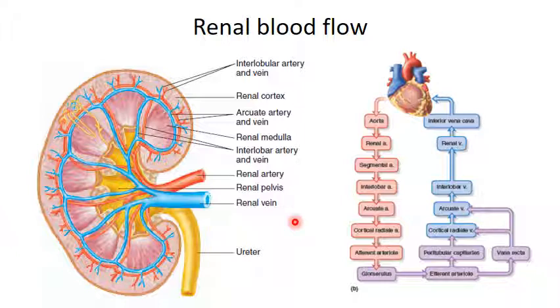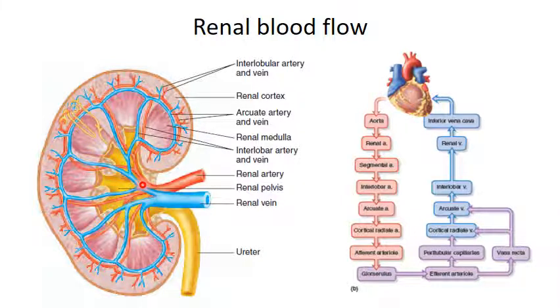The cardiac output is the volume of blood pumped by heart each minute, and out of the total cardiac output, 22% goes to the kidneys, and this amount of blood is much more than the proportion of kidneys in terms of weight. This huge blood supply to the kidneys is meant for the rapid elimination of metabolic waste from the blood. Blood is supplied to the kidneys through renal artery.